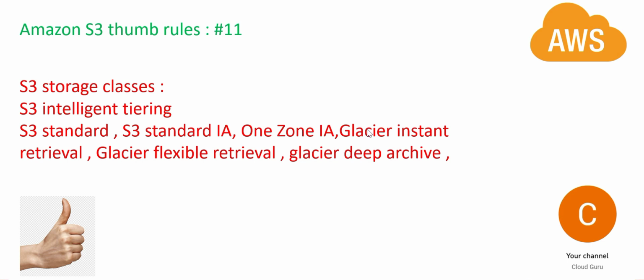Then you have Glacier, different flavors of Glacier. Remember Glacier, this is cold storage. What you mean by cold storage is I will not access this frequently or even less frequently. I will maybe do it once in 6 months, once in a year, once in 5 years, and so on. So just to summarize, S3 Standard, if I want to access it every day, every 5 hours, I'll put it there. If I want to save cost, some backup files which are not very important, I'll keep it in One Zone IA.